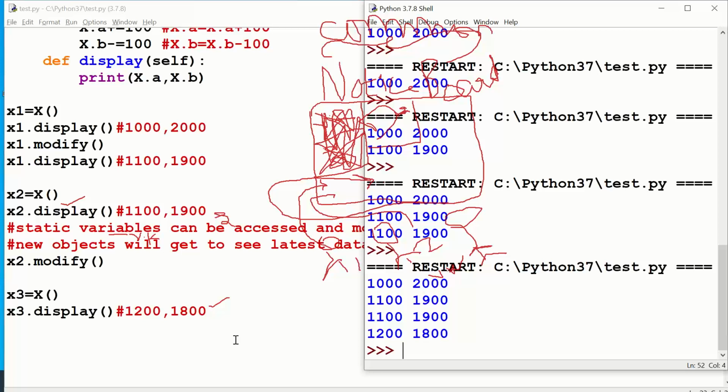Static variables you can imagine like a football, or you can write your own comments in your notes. It works like a notice board, or like a football. All 20 players on the ground can play with it. Am I right or wrong? You hit it and it takes effect, and when another person hits it, it also takes effect. Right? So that's what it is. Shall I proceed to the next program?